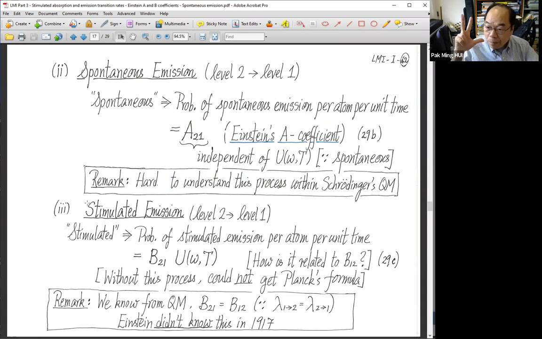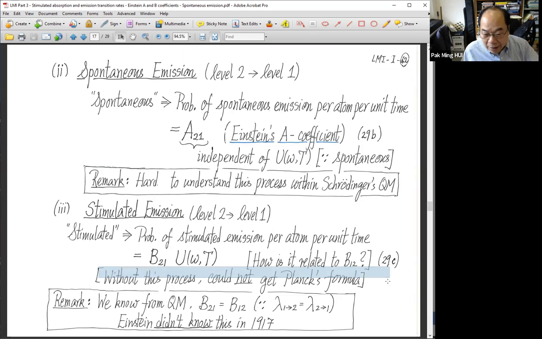Stimulated emission, the third process. Just like stimulated absorption, it must be proportional to how much EM wave at that frequency is around. So it's proportional to U of omega, and Einstein introduced his third coefficient. Because it's also a stimulated process, it uses the symbol B, but it is B21. All right. Now,